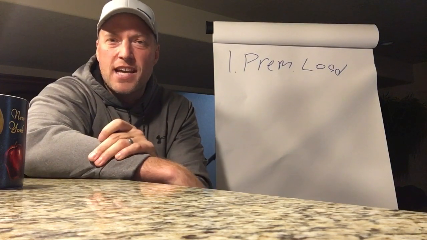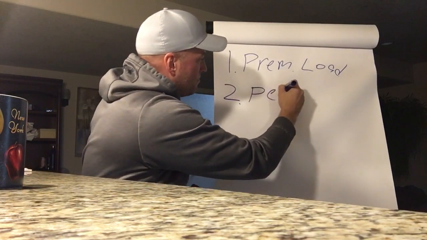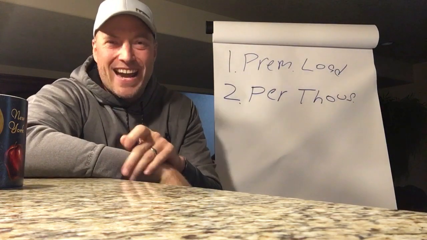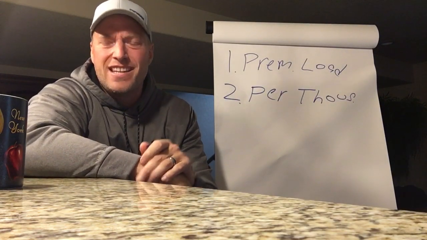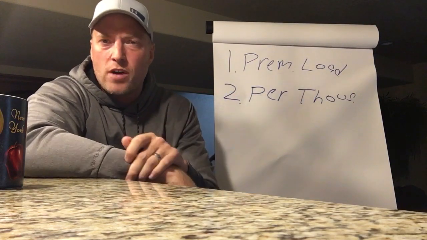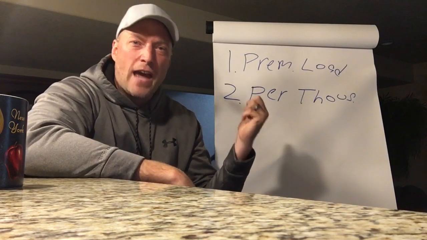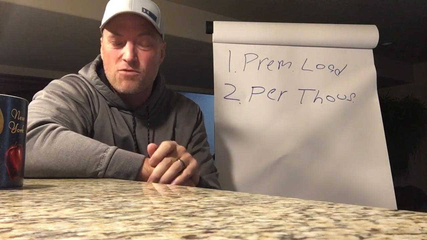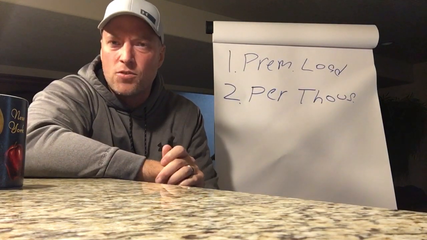The second expense of the big three is per thousand charges. To explain the terminology here, what does per thousand mean? So let's say the life insurance policy's death benefit is $250,000. How many thousands are there in 250,000? Well, there are 250, right? So the insurance company calls these per thousand charges or unit charges. 1,000 is a unit, again, industry vernacular, so 250,000 is 250 units.